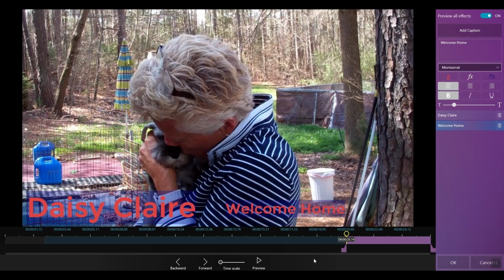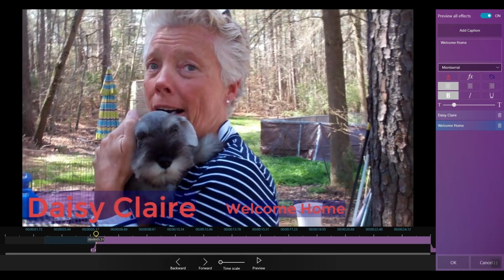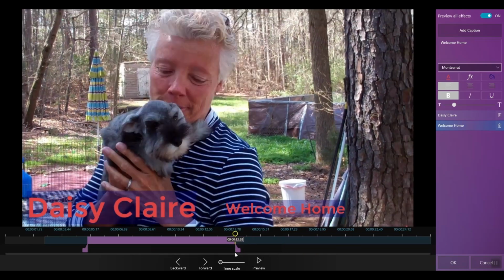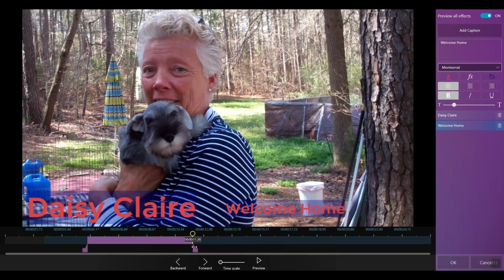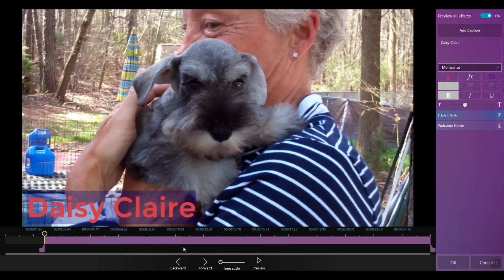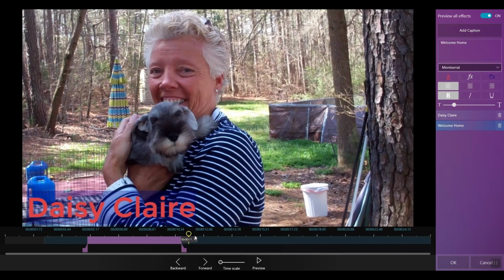I can move this. You'll see underneath this gray line, that's the other text. So I will have this come in at about 5 seconds. You can see the numbers on the slider, and I'm actually going to have that go out at about 10 seconds. So now you have the main text that's here. Click on Welcome Home, you can see that text is there. So if I move the yellow slider here,